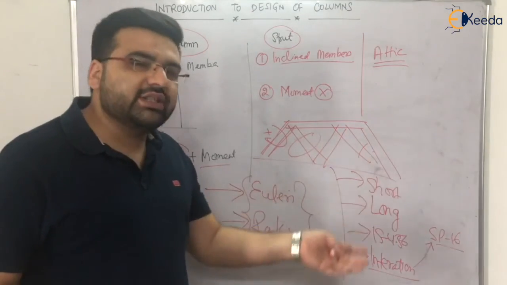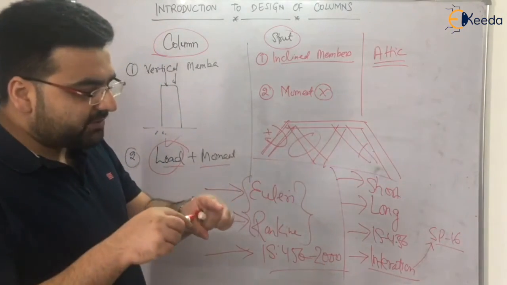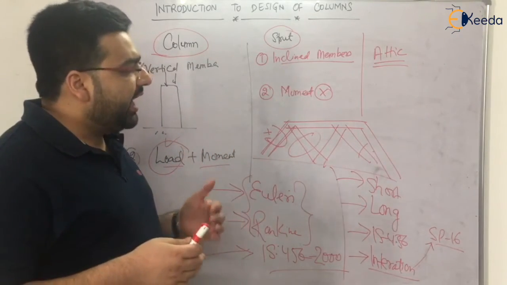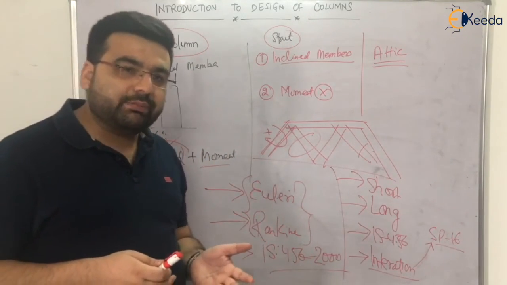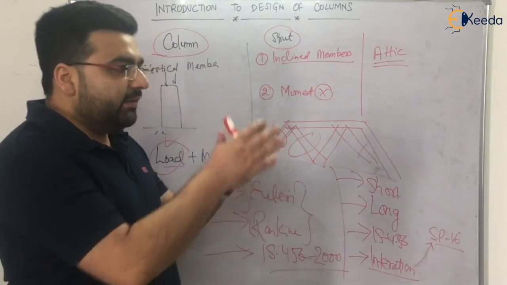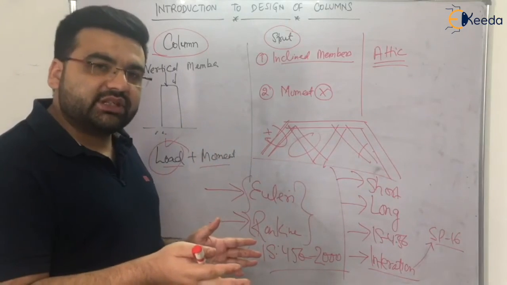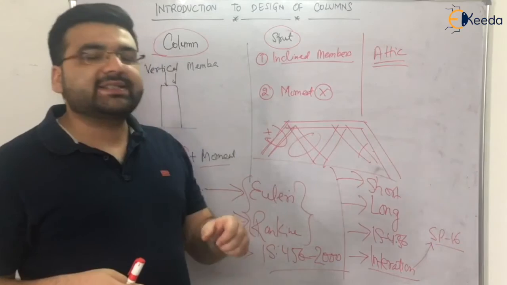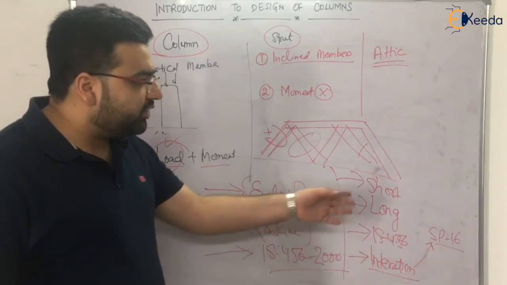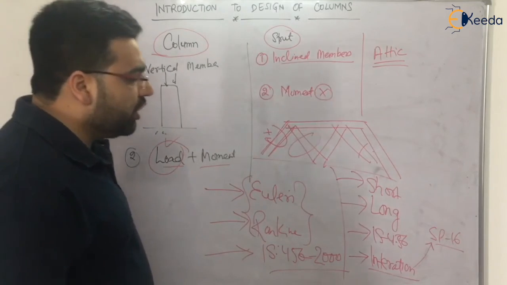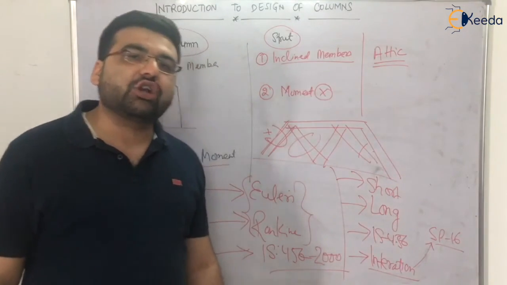You don't have to go inside the code when you will be in jobs. If you are a structural designer in any company, either a PSU or a private company, at that time you will be using SP16. But for the time being, I will just tell you what interaction diagrams are and how it becomes very easy for us to design the columns based on them. Clear? After that, I will also tell you about circular columns as well as helical column design.